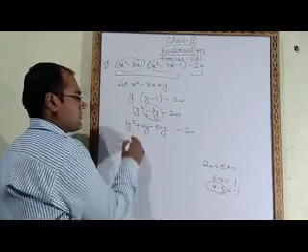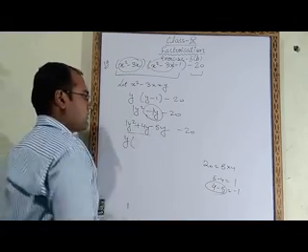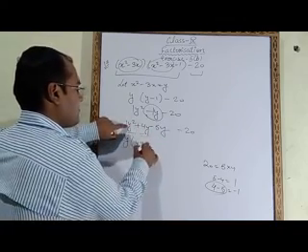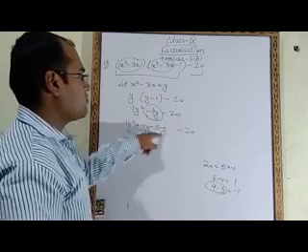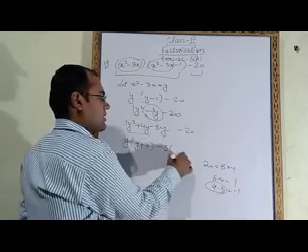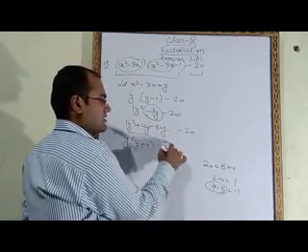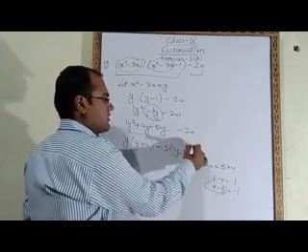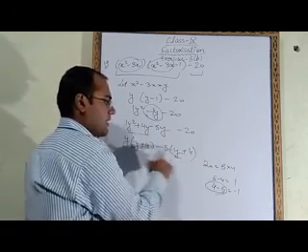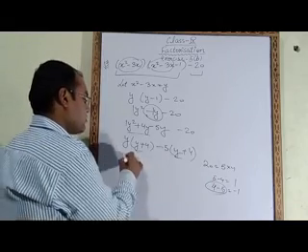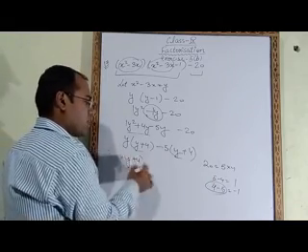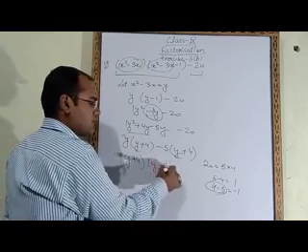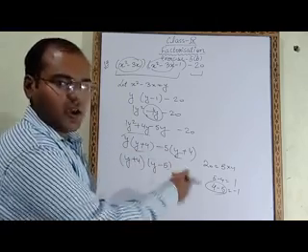Now what will be the next step? From these two we will take y common. After taking y common from these two, remaining term will be y plus 4. From these two we will take minus 5 common. So minus and minus will become plus, 5 we have taken common, y. Minus and minus will become plus, 5 4s are 20. Now we will observe that both the brackets are same. So what you have to do? y plus 4 we will take common. Now remaining term is y minus 5. These two remaining terms we have to take in another bracket.